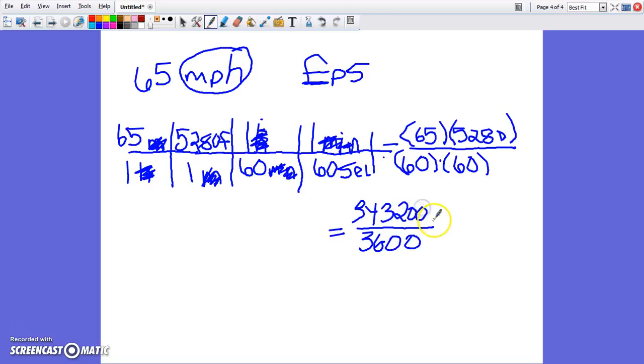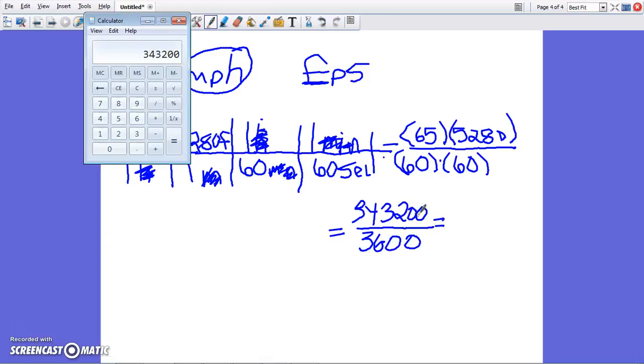Now I still have to divide because it's a fraction. So I'm going to divide that by 3,600